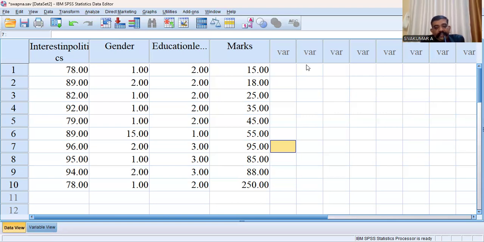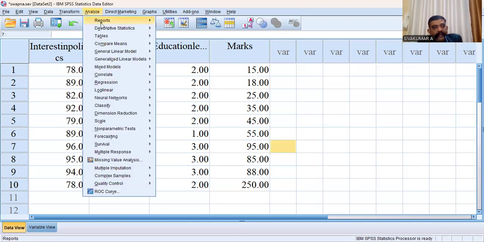How can the researcher check bivariate normality? We may use SPSS. That means to check the third condition, significant outlier, and the fourth condition, bivariate normality, the researcher can use SPSS software. Here, please see two variables, interest in politics values, then marks values. Then we have to check the significant outlier condition and normality condition. Please take the Analyze menu, Descriptive, Explore.